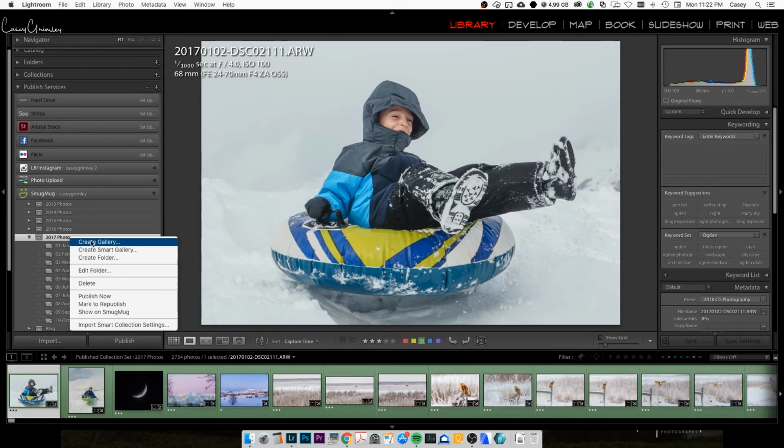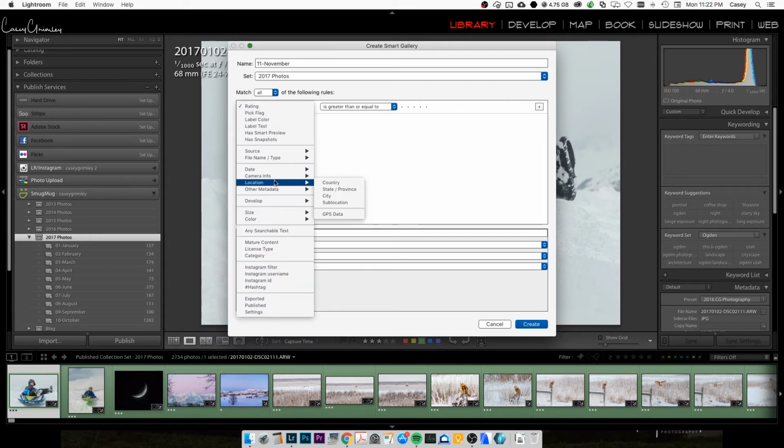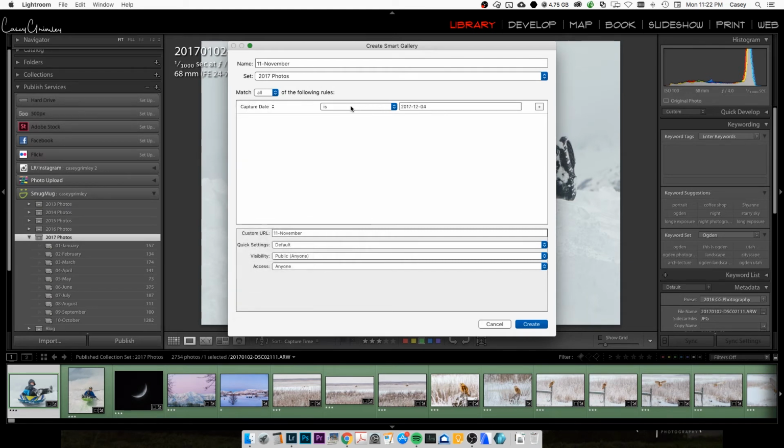So I'm just going to come here and I'm going to create a smart gallery, and then I'm going to call this one 11 November, and I'm going to match all the following rules. So all I do is I change the date is in the range of 2017 11 01 to 2017 11 30, and then I add a